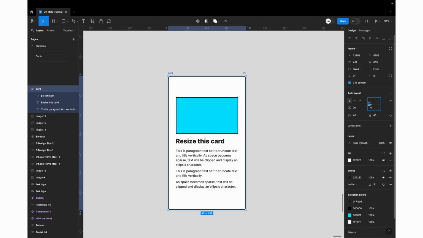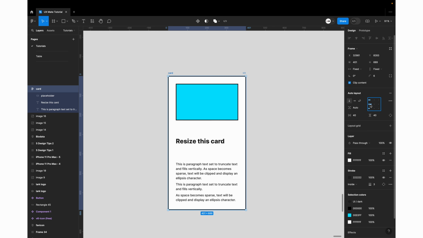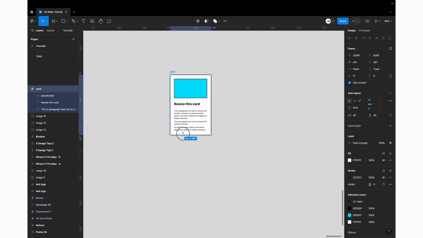Now if we double click here again, then it will remove the auto, and it will set the spacing as per, let's say, 20, which we have defined here. But if I double click here, then it will set the spacing automatically based on available area. So if, let's say, I want to scale it down or scale it up, then it will automatically maintain that space between the elements just because we have defined it as an auto layout and with an auto space